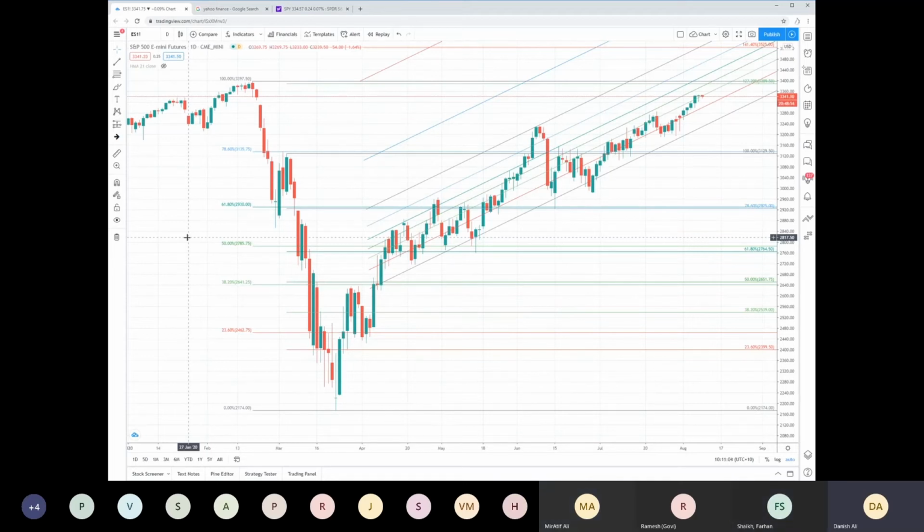The second one is you buy options, you sell options. Third thing is you try to have the best of both worlds. You buy stocks and you sell options. That's what is called a covered call strategy.